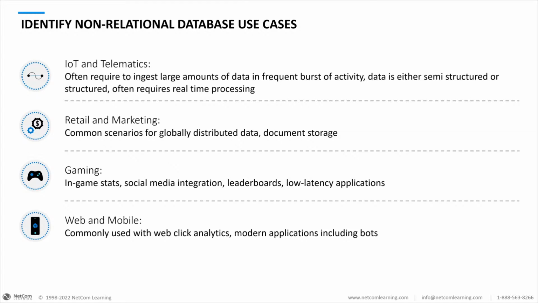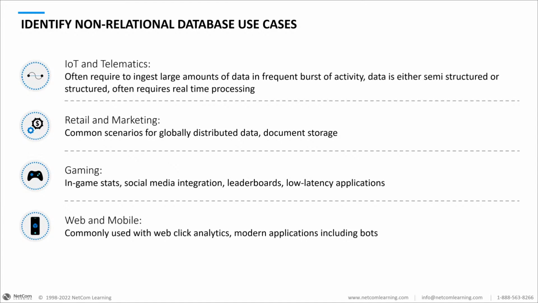The next one is things like retail and marketing. Okay, so some things like globally distributed data, document storage, those sorts of things. Sometimes those will be put into non-relational databases. As well, some of your financial tools that you'll use on the internet are in non-relational databases, mostly because, again, there has to be a high level of speed available to those transactions. And so using a non-relational database can be more efficient at times rather than using a relational one.